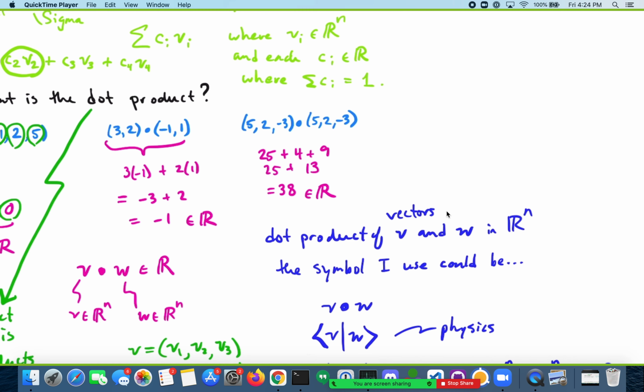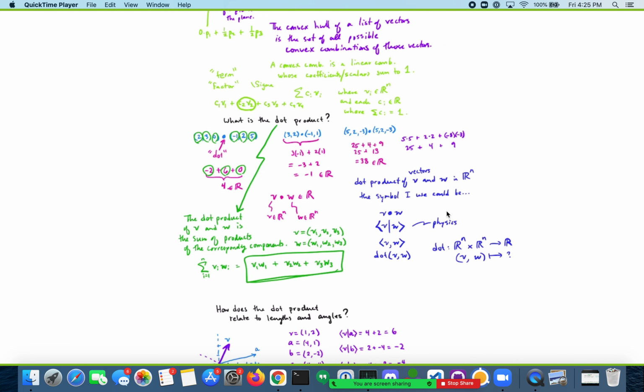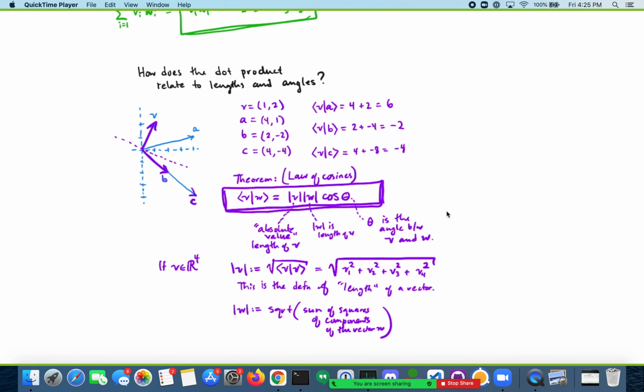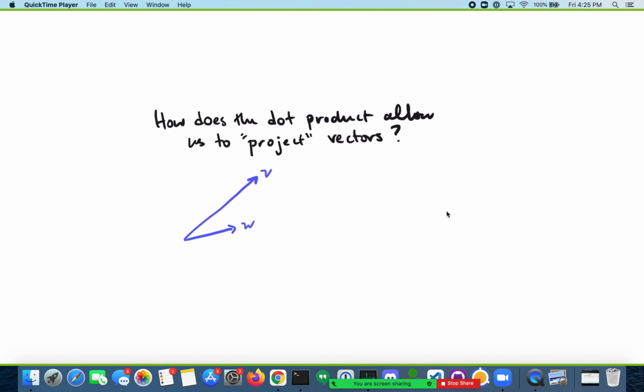Well, we did 5 times 5 plus 2 times 2 plus -3 times -3. And so this is the sum of squares of the components. Here's the square of the component 5, the square of the component 2, the square of the component -3, and we sum them. That's the dot product. Now we've taken all these squares, so to get the length, we take the square root. How does the dot product relate to lengths and angles? This is the answer. How does the dot product allow us to